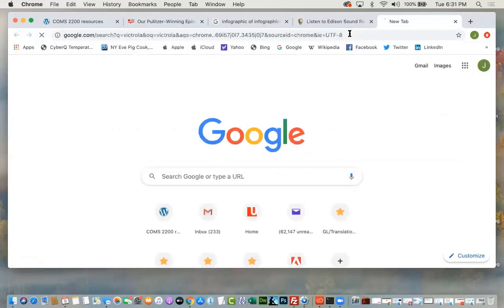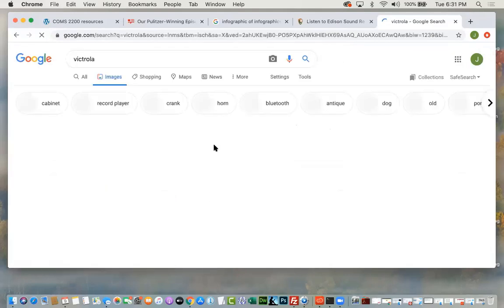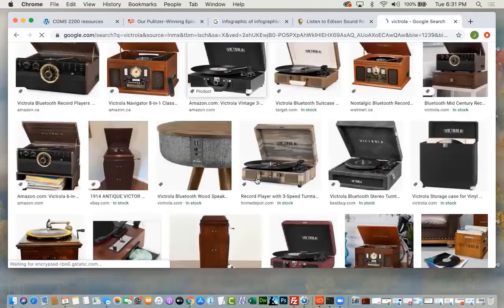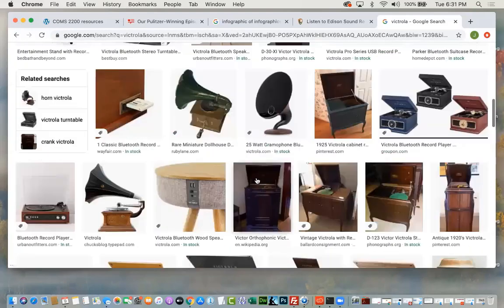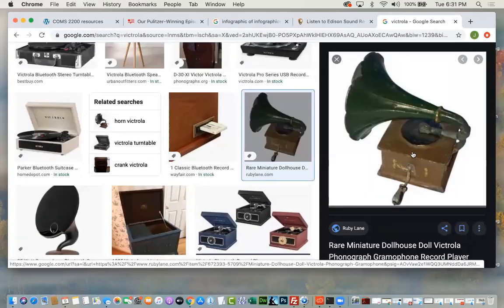Something like this, not this, but something like this. I'm sure you've all seen pictures of Victrolas. I want to see an old one though, guys. Yeah, there with a horn. Do you see the horn system here? Now here we're using the horn to play the recording back, and that is the speaker. It's the amplifier.